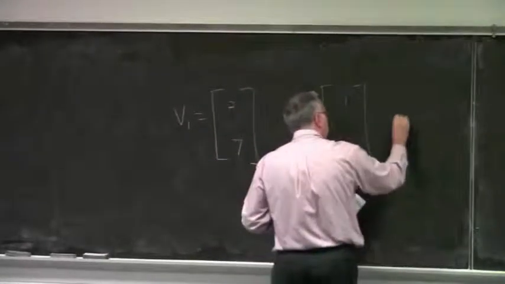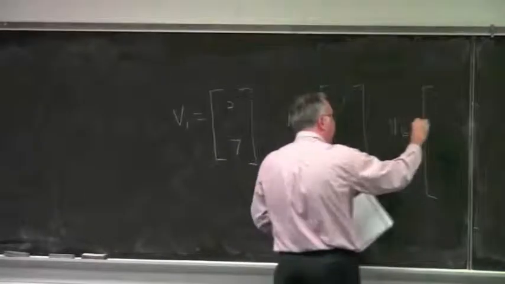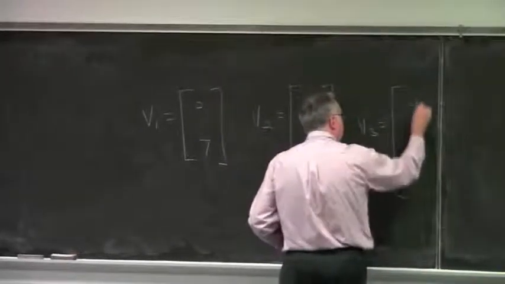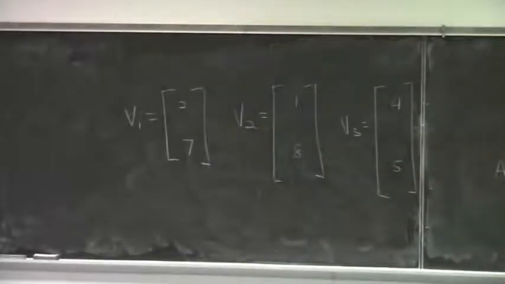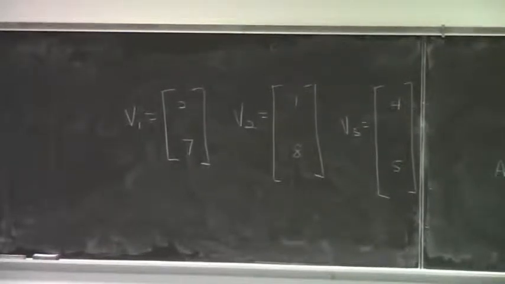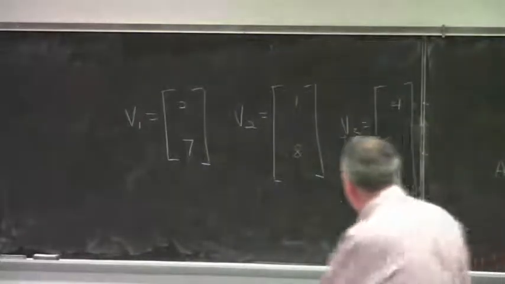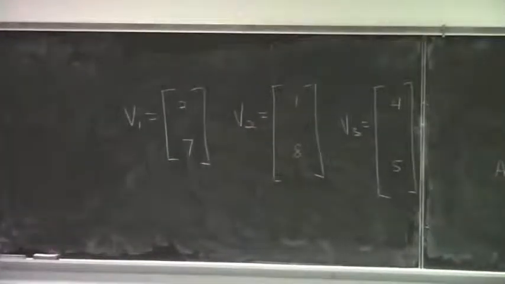And v3 is a third vector equal to 4, 5. Now, if any of these three vectors can be expressed as a linear combination of the other two, then the set of vectors is said to be linearly dependent. In this case, it's easy to show that you can write v3